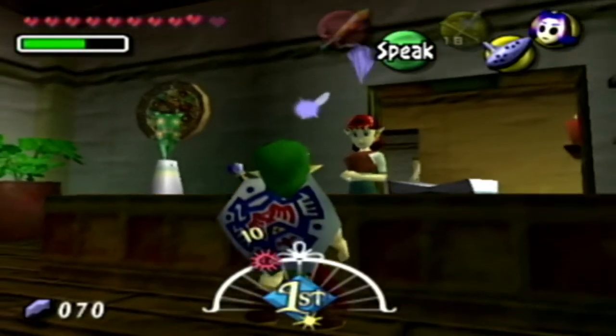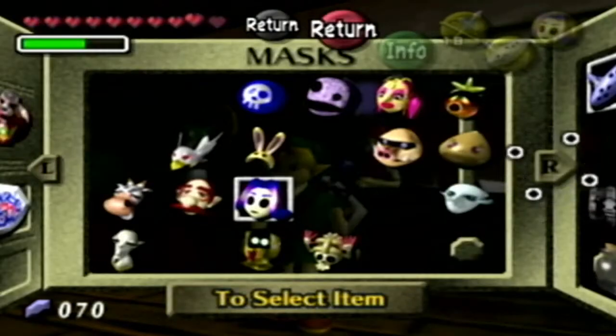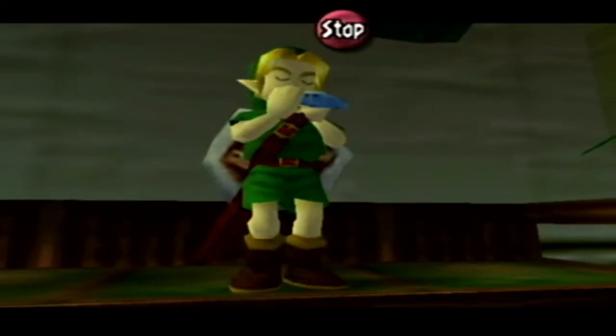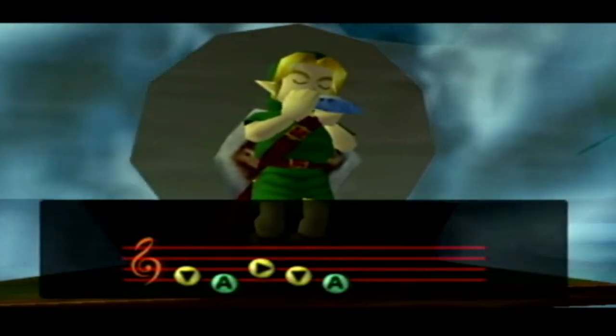Okay, wait. Okay, let's think about this for a second. To get the cafe, we have to wait for the mailman to come in, right? Yeah, well, okay, so we need the mailman to come in, and after that, I have to go to the laundry pool, yeah? Oh boy, I'll figure it out. I think that is literally the next thing I have to do, because after that...